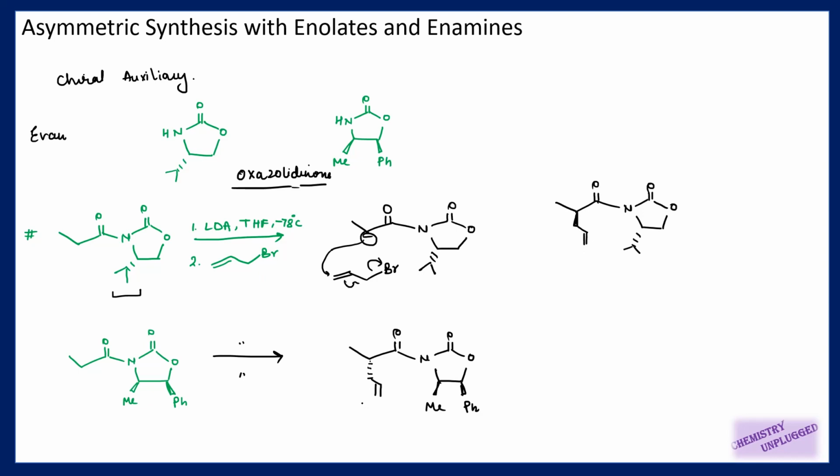Next question comes how we can remove these auxiliaries. I have told you that we can use alkoxides for their removal. We can use other reactions also to remove them. We can use LiAlH4, then it will be converted into alcohol, right? And then we can use other oxidizing agents, so alcohols will be converted into aldehyde. So we will see those reactions a little bit later.